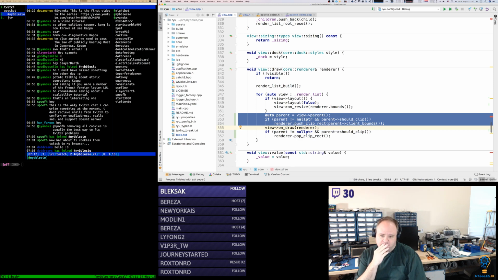So I could have a special list that has a struct in it, and the struct has the pointer to the view, and it has a clipping rect, essentially. And then the clipping rect gets set based on whether the parent is clipping you or not.